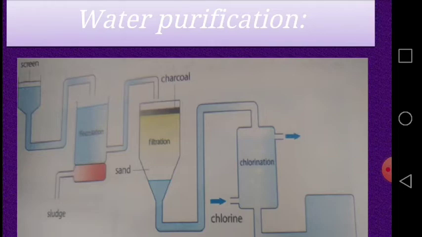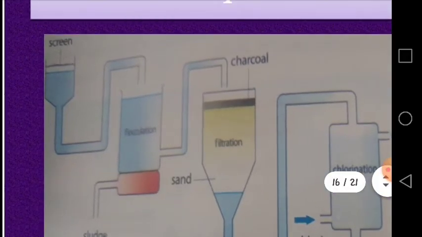First of all, the water passes through the screens which remove large pieces of debris such as pieces of vegetation. If the water is acidic, lime is added to increase its pH value, and then water